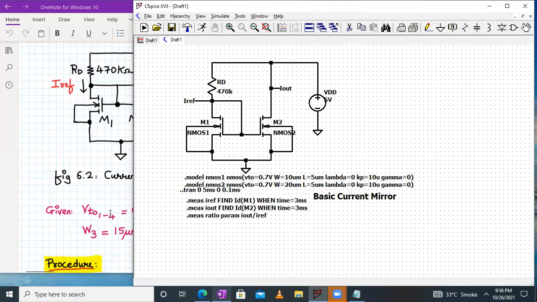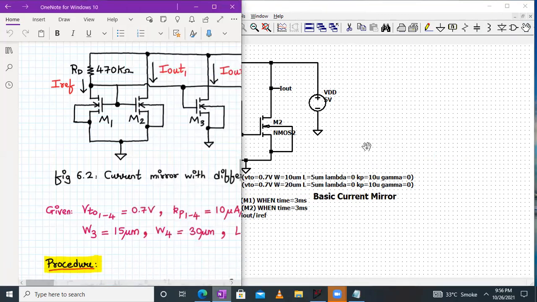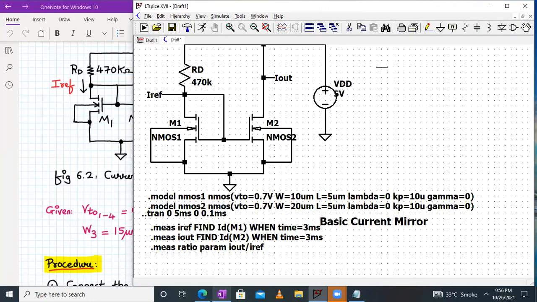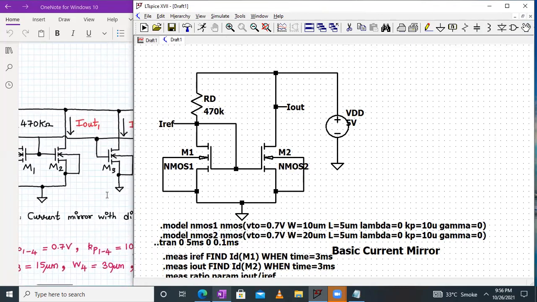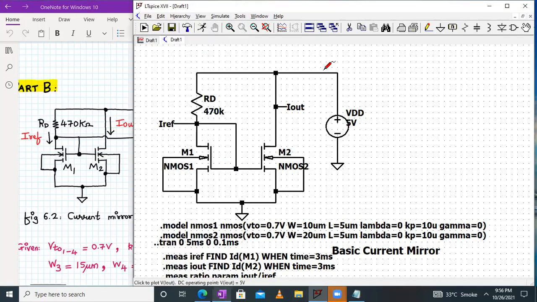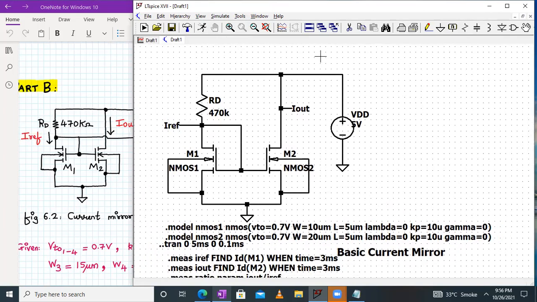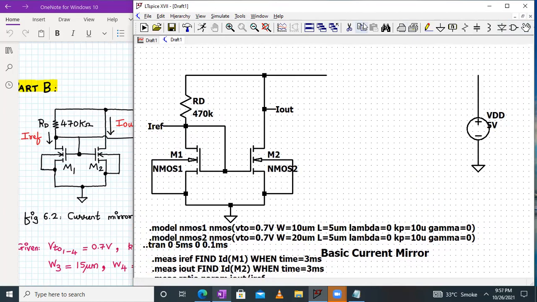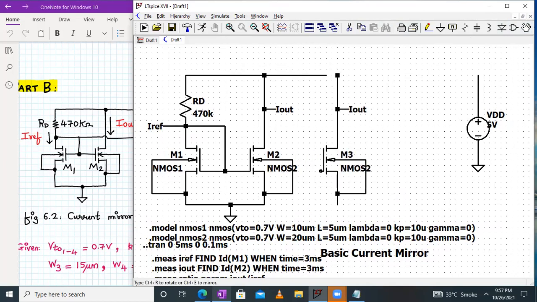Let us begin now. Let me expand this part so that it's clear to you. We have to add a few more transistors to the right hand side. So let me capture this VDD and push it onto the right hand side so that we can fit more transistors there. Now I will copy this part because we have to repeat it over here, and then again we have to repeat it over here.